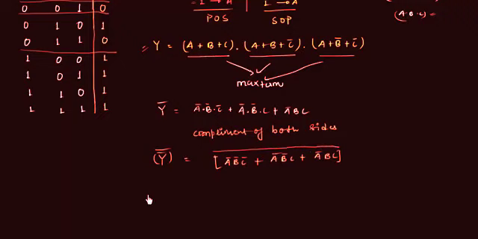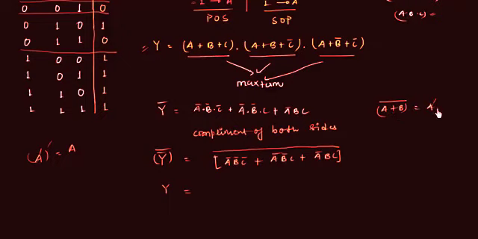We will use De Morgan's law. I hope you remember it. And when you take the complement of something already complemented, like if you want to take the complement of A complement, you will have A itself. In the same way, the left hand side will have Y. That's what we want, and we will use De Morgan's theorem now. If you have A or B and you want to take its complement, you will have A complement, the complement of the variable.